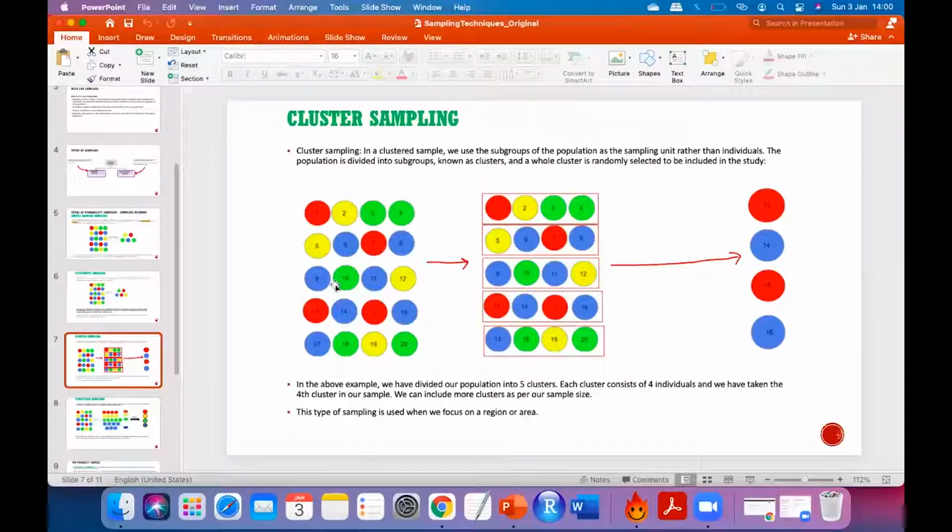Okay, what is cluster sampling? See, what we are trying to do is, first of all, we are building the clusters. Let's say this is the total population I have, making clusters, right? And let's say if I have to select 5, I would have made 5 clusters, correct? Here, let's say I have to select 4, so I'm making 4 clusters. Clear?